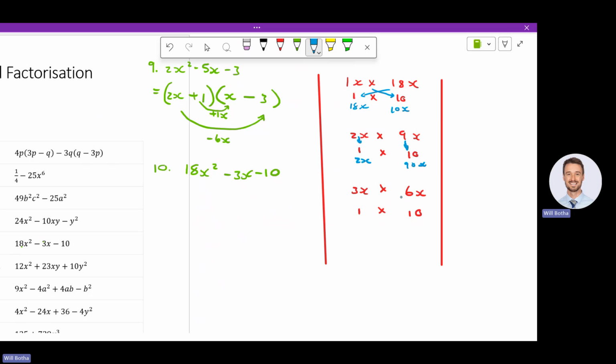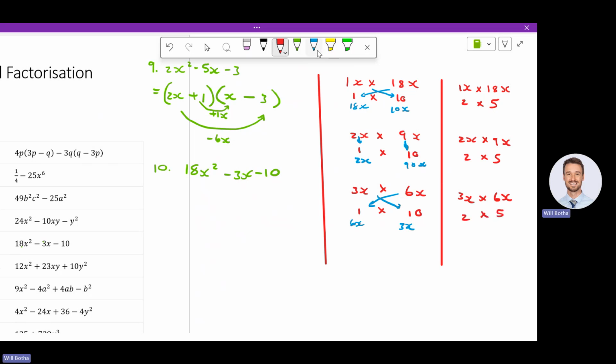Maybe if I had 6x and 30x, would that work? No, not one of these options is working. That's fine. Who's panicking? So let's rewrite the options for 18: 1x and 18x, 2x and 9x, 3x and 6x. And now I have what Taylor said. The option 2 times 5 also gives me 10, so that's also an option.